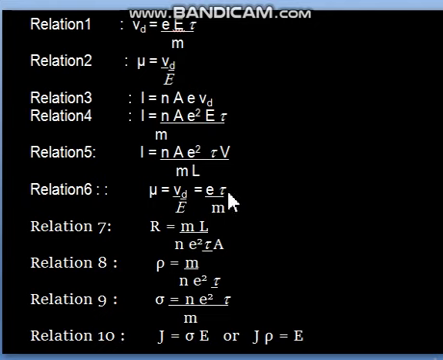The basic mu formula was vd/E. Again put the vd formula here, and capital E will get cancelled. Learn the fourth formula actually, R = ml/(ne²τA). For this we have derivation steps. Then if L and A are removed, the remaining term is ρ, so m/(ne²τ). Sigma, conductivity, is the reciprocal of ρ, so just the opposite: ne²τ is in the numerator and m is in the denominator. And the last relation is about J, current density. J = σE you can learn, or Jρ = E you can learn.